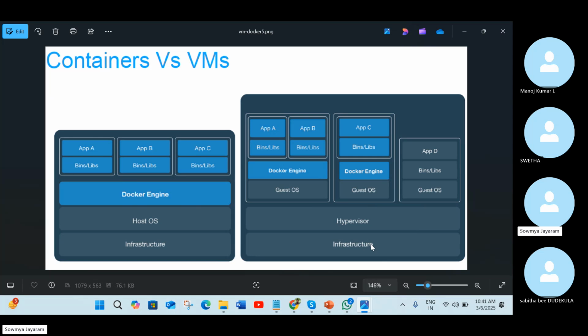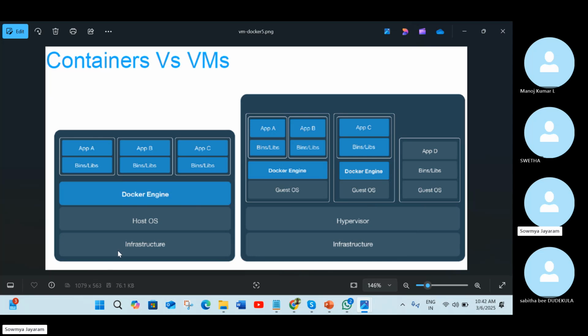You have to give some DNS or outside access. Here it's not like that. You can access it from any kind of system, and not just one or two people; a number of people can access your containerized application from anywhere.